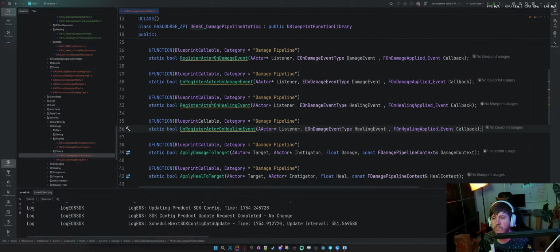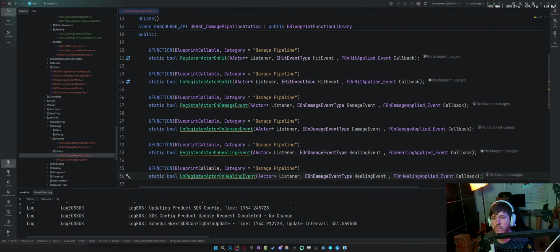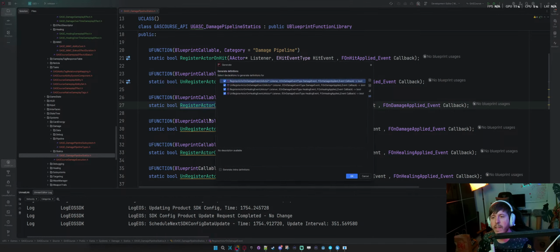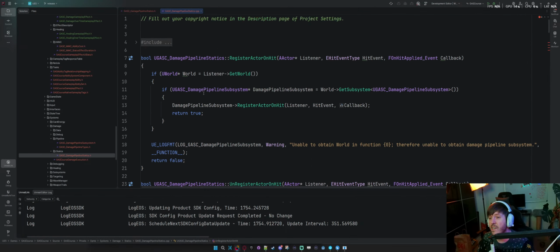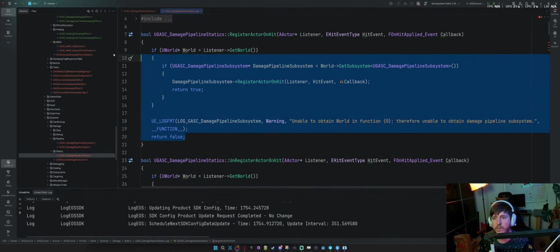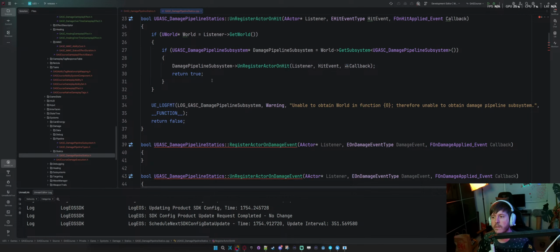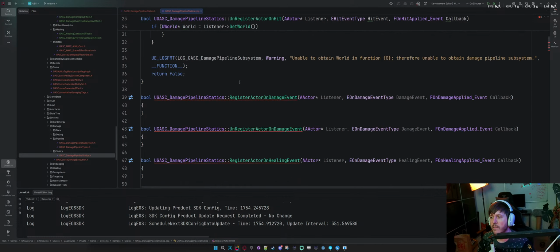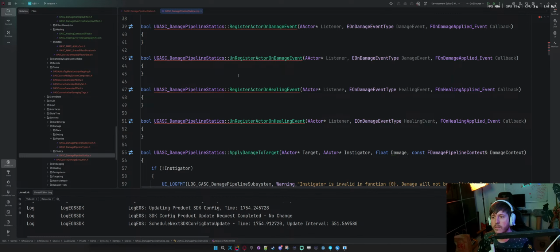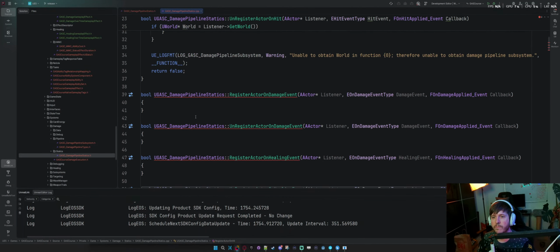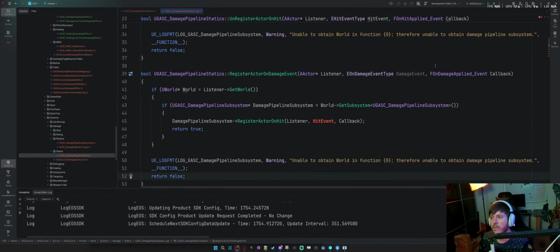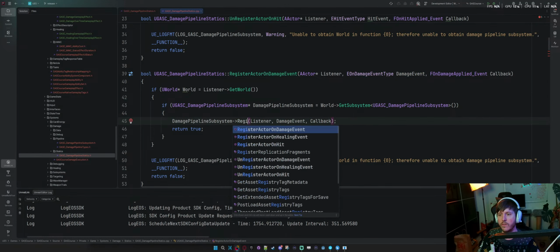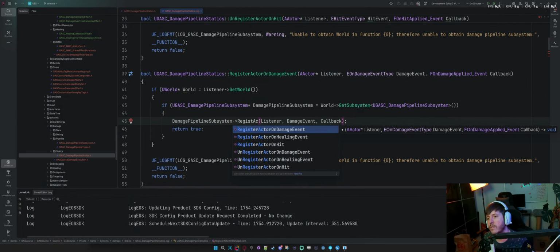Okay, now gotta generate all of that. And we're going to have to do a lot of copy and paste, so let's just do register on hit. On register. So damage event, damage pipeline, register actor on damage event.